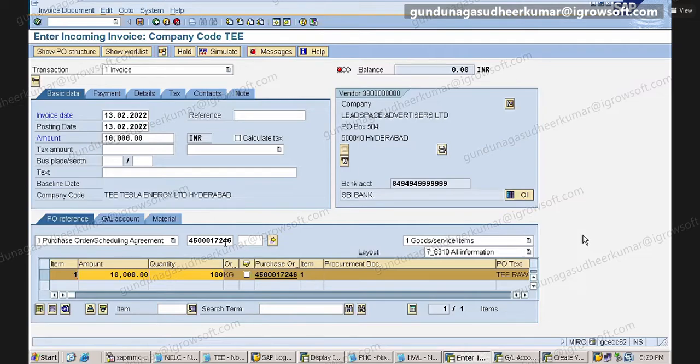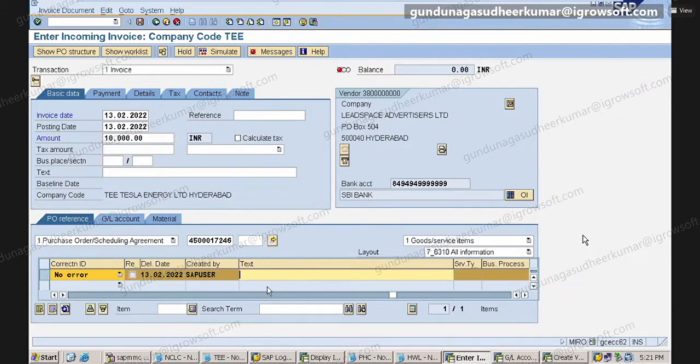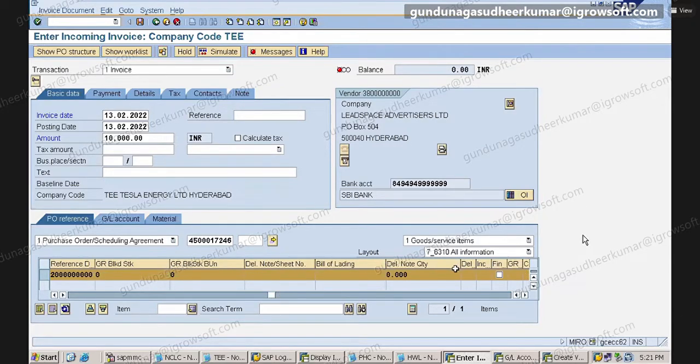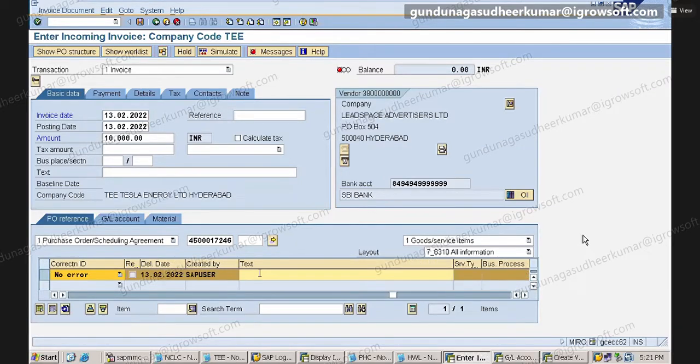That is the importance of the purchase order. Now here it will ask for the tax code.